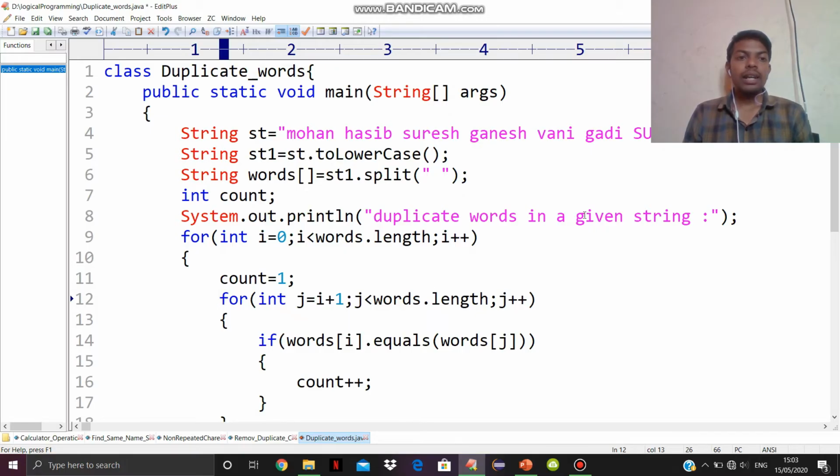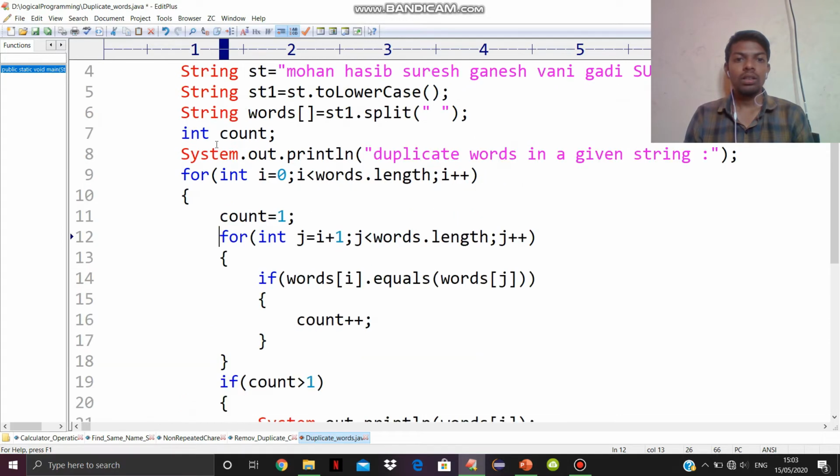Now let us understand how exactly the for loop works here. Here int i equals 0, int j equals i plus 1. What is the i value here? 0. 0 plus 1, j equals 1. So if word[i], what is the i value? 0.